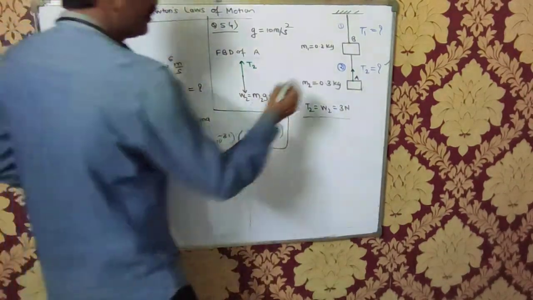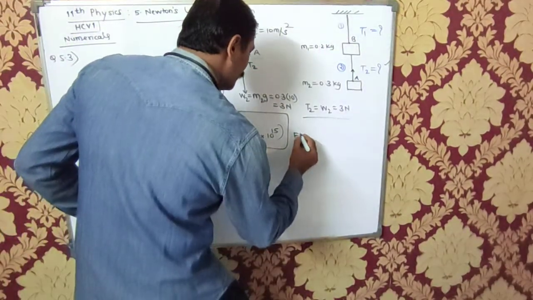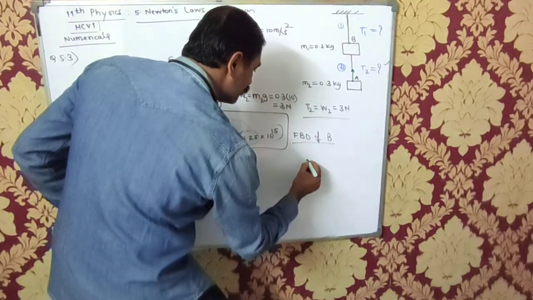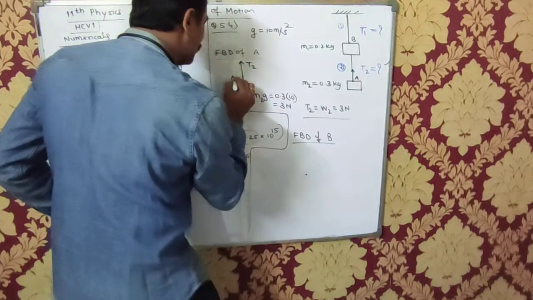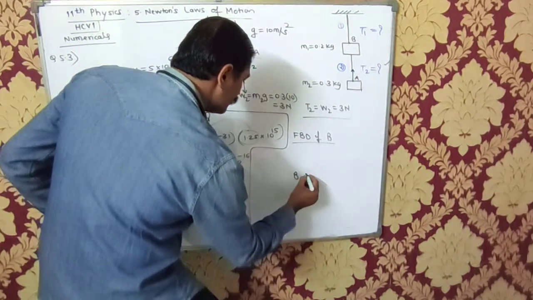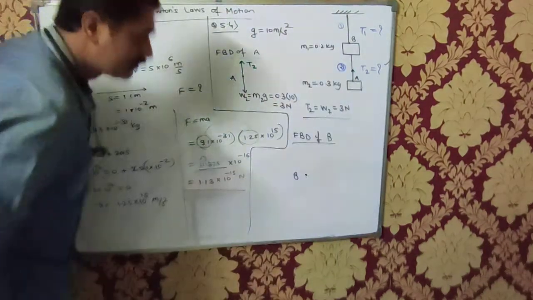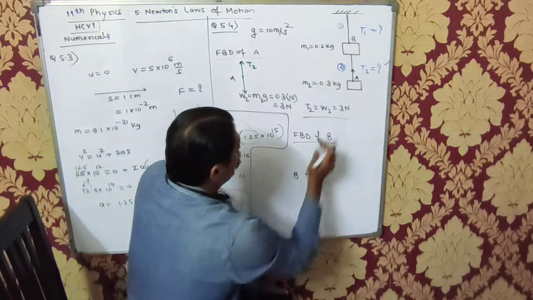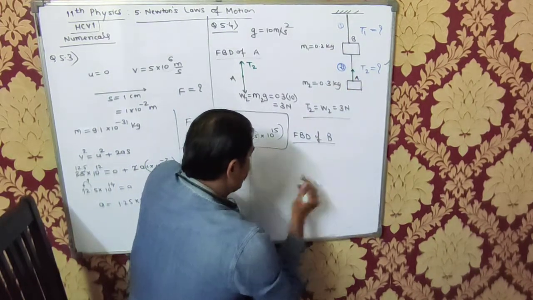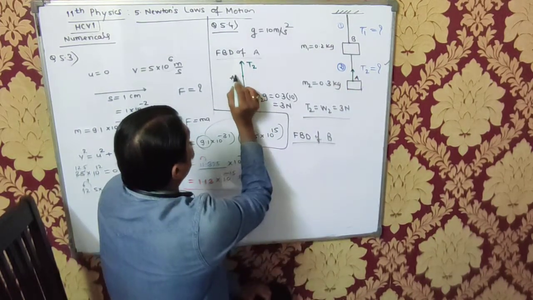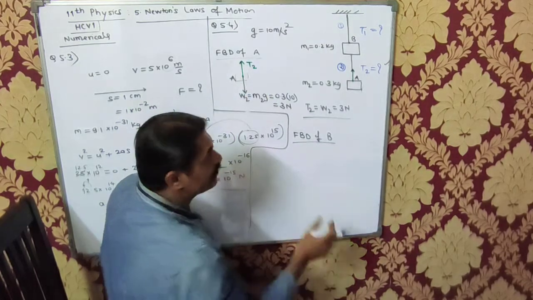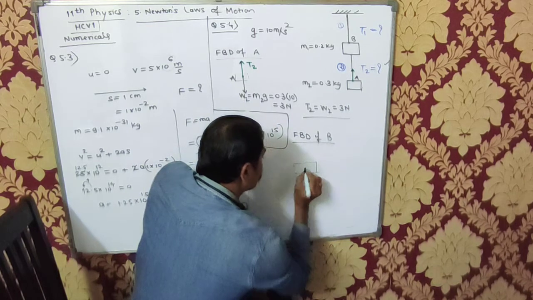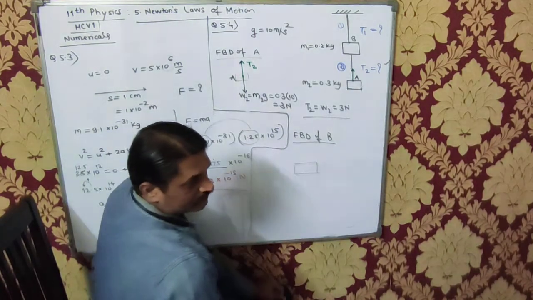Now in the second part, I'll draw the free body diagram of block B. What are the forces acting on this now? If this is point B, this is A. You can say this is block B or block A. I can say this is the block. Here also I can call it block A. It can be for the body, it can be for the point also. So if I draw here for this block, block B plus A.